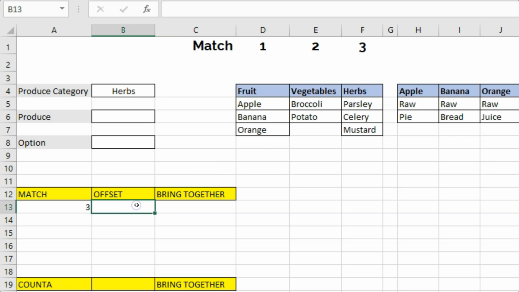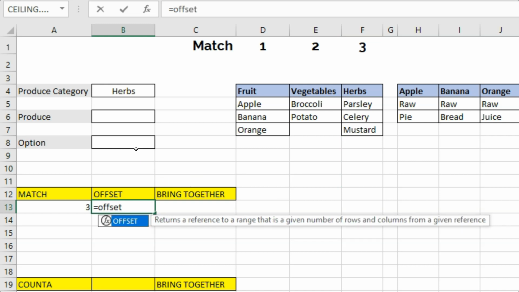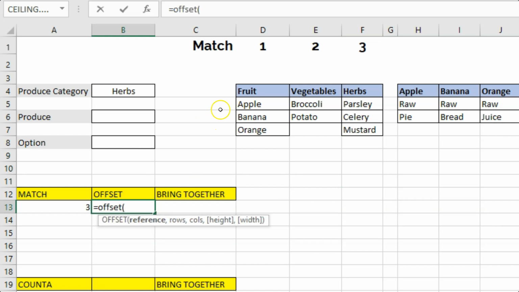Now with OFFSET, this is to display either a cell or a range based on a reference point. So if I choose the reference point to be D4 and I say offset 2 to the right, 3 down, and give me 5 rows, it will give me 5 rows, for example. So how we type that is equal to OFFSET, open parentheses, our reference point will always be the corner of